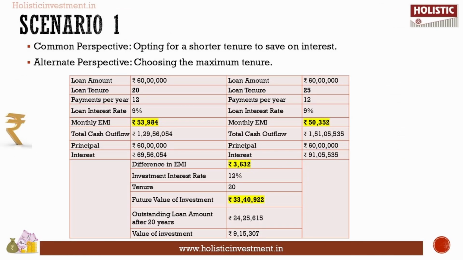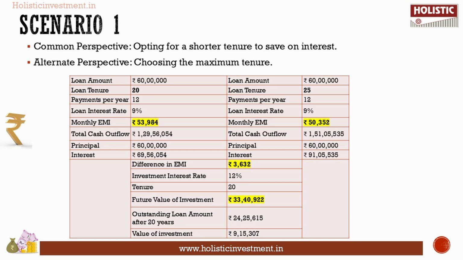Scenario 1. Common perspective. Opting for a shorter tenure to save on interest. Alternate perspective. Choosing the maximum tenure. While it is common to opt for a shorter loan tenure to reduce interest payments and pay off the loan sooner, choosing a longer tenure can also have its advantages. A longer tenure reduces your EMI, freeing up additional funds that can be invested in mutual fund via SIP, contributing